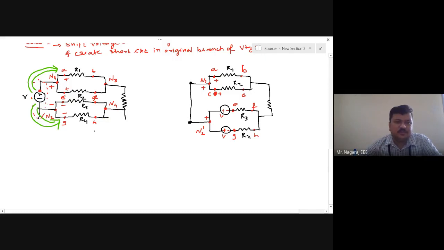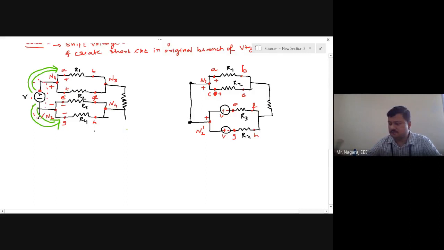If I connect wheels to this source and simply make it travel beyond the node, it will go onto this road and this road in the same direction. Whatever the sign of the source is, that should head towards the direction of the shift. So the positive sign is heading towards the direction of N1, so it should be shifted the same way. The negative sign is heading towards node N2, so it should be shifted the same way. That's it. So this is all about voltage source shifting.